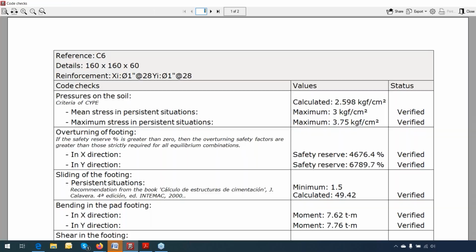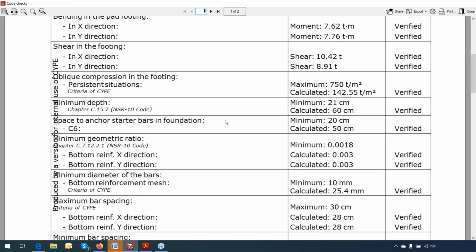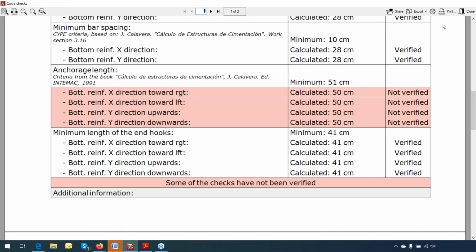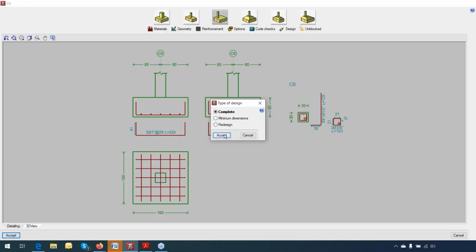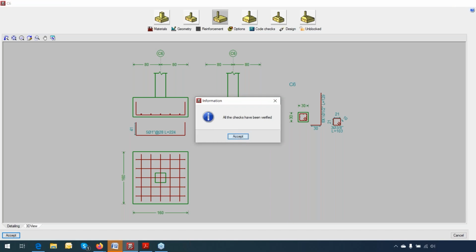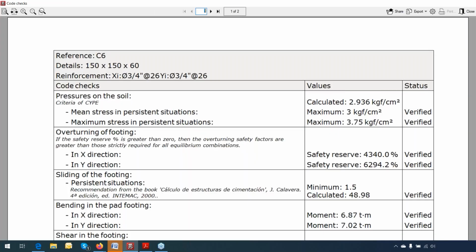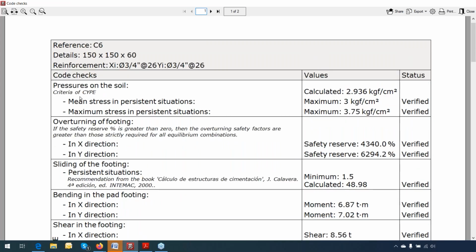So now we are having problems, you see, but we are changing a little bit. Now we can go for design and we can do it complete. In this case, complete. Now the program looks for the solutions, and I'm going to show you the report that everything is okay. One thing that I want to tell you is that every time you see a criteria of Cype, it means that we follow all the way one very famous, well-known engineer here in Spain, who is called